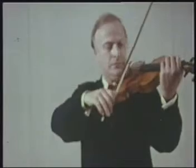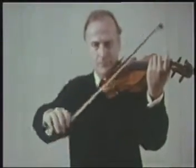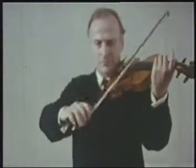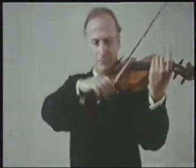1, 2, 3, 1, 2, 3, 1, 2, 3, and also in fives. 1, 2, 3, 4, 5, 1, 2, 3, 4, 5. The reason for this is that in that way the wave pattern remains uninterrupted and it continues at the same rhythm. We will do it on two strings in order to accentuate the wave pattern. And in 5,